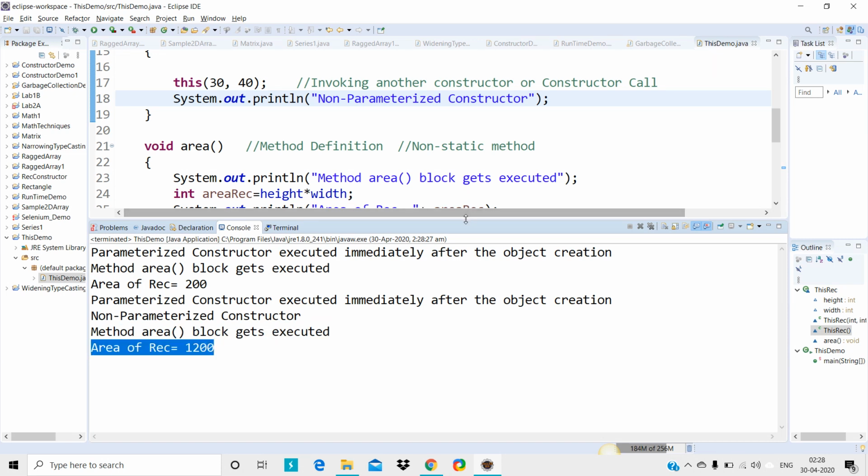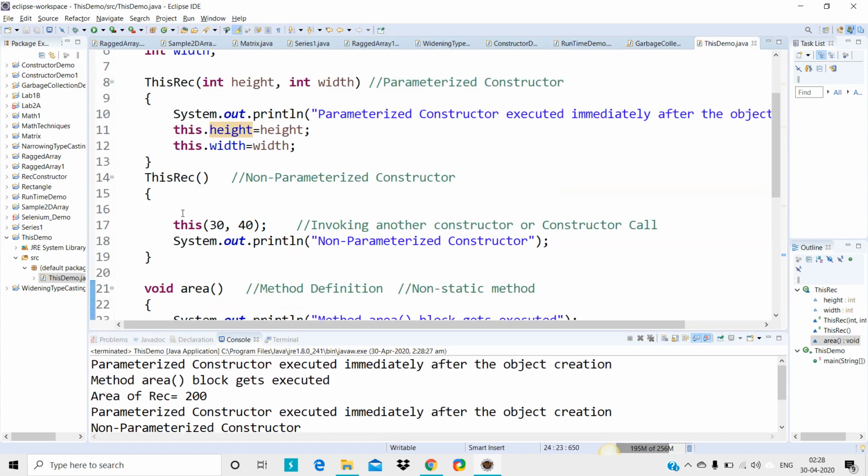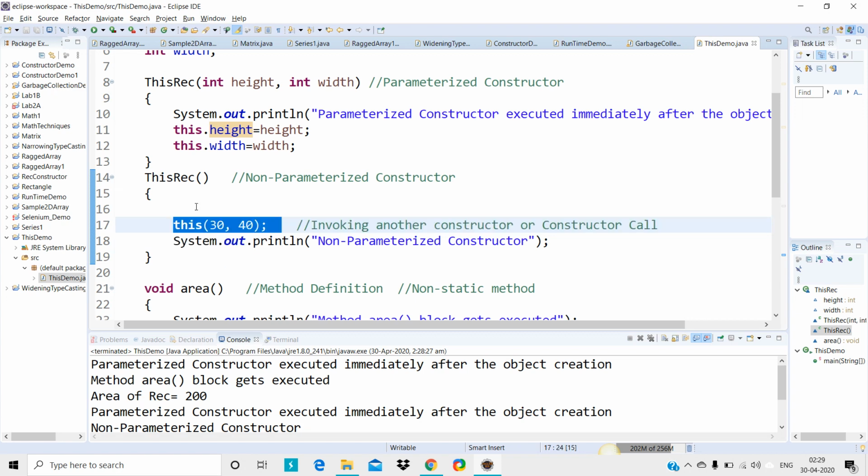So the very important part is this one. When you use this particular line, it is a constructor call. This constructor is used inside this constructor, that is, invoking another constructor inside this rec constructor.